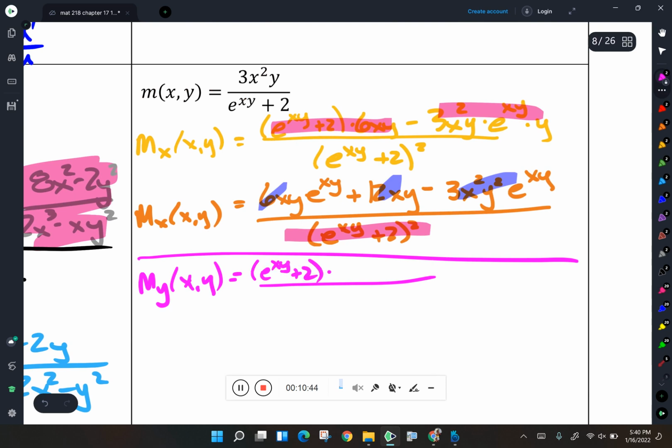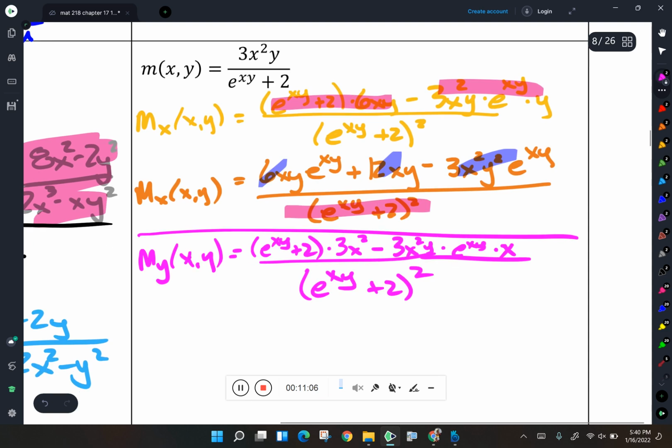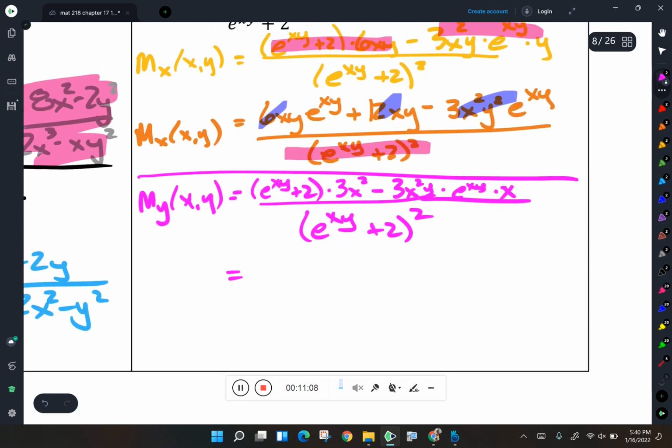Bottom multiplied by the partial derivative of the numerator with respect to y, minus numerator times the partial derivative of the denominator with respect to y, over the denominator squared. Cleaning up the numerator,